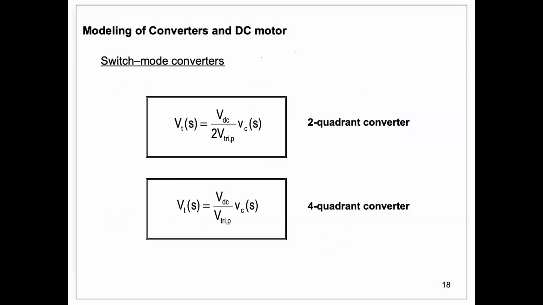As I said earlier, I will not go into details on the modeling of the converter. I'm not going to show how to obtain the relationship between the average voltage Vt and the control signal Vc. If you are interested in this, you can find them in most power electronics textbooks or in my other lectures. The relationship between average Vt and Vc for 2-quadrant and 4-quadrant converters are just DC gains as shown here. VDC is the input DC voltage to the converter, and VTRI P is the peak of the triangular